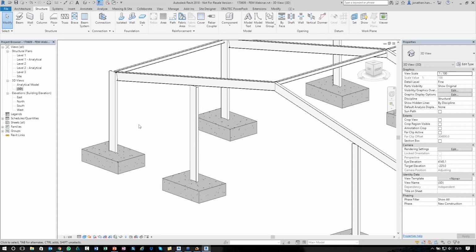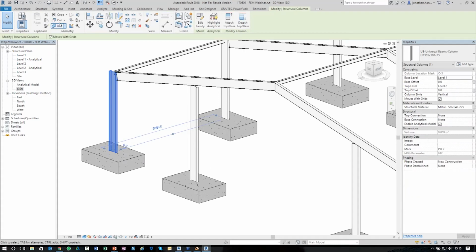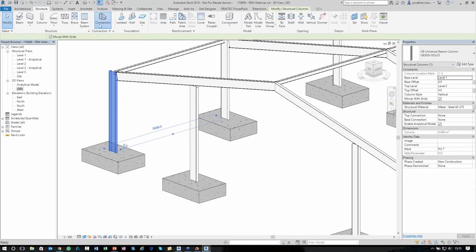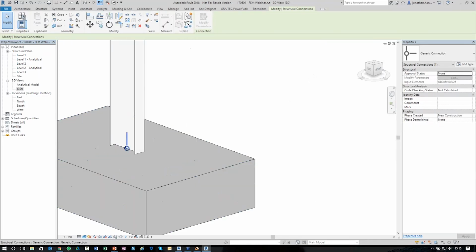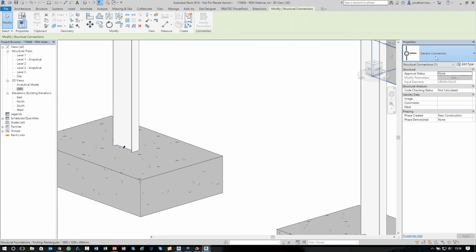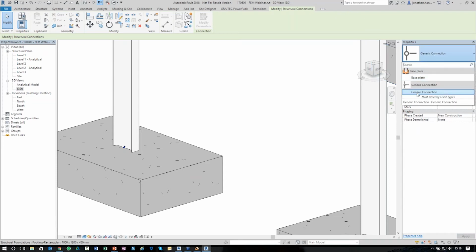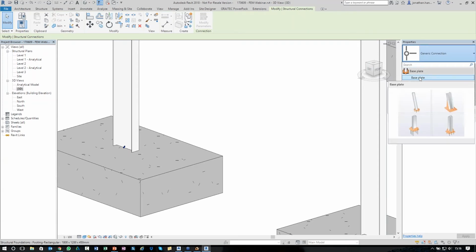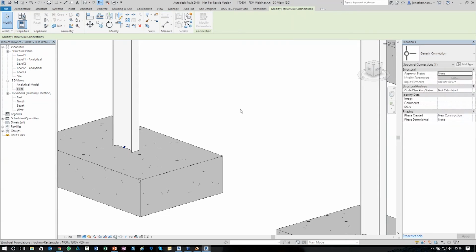Select the pull down, and you can see that even though you've got lots of connections loaded, it knows that because you've just selected a column, the most common joint that you will wish to use in this case will be a base plate. So that will simply add a base plate to your model. You may need to change it to fine detail. And you can see there you get your connection. On default it may not be correct,